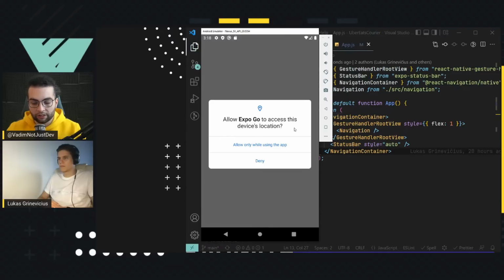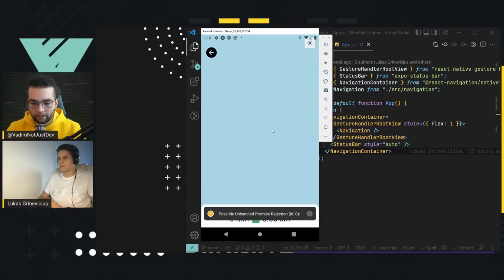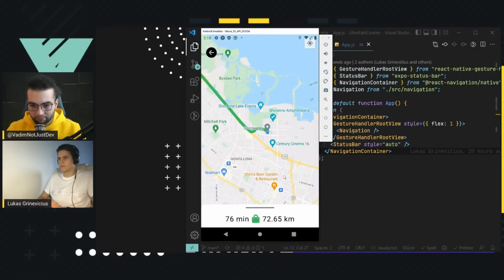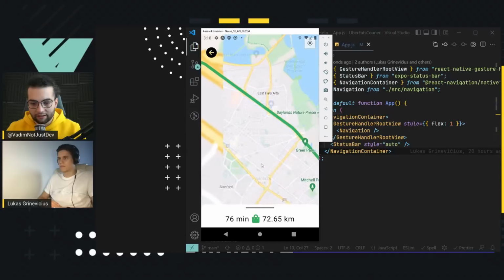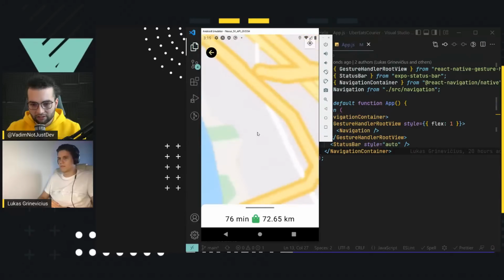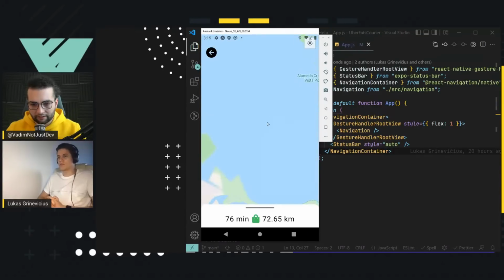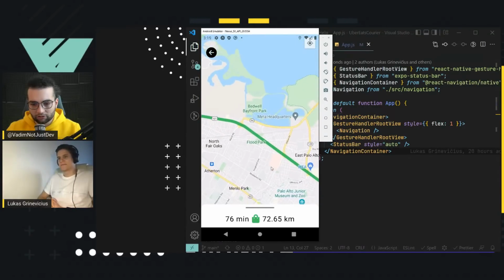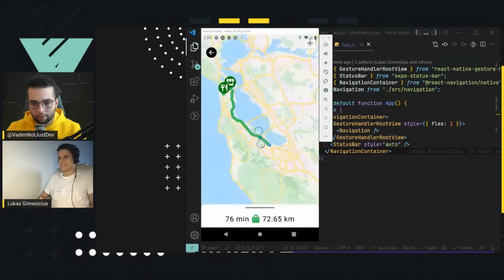Then we are asked to give permission to the device location, which we should allow here. And we see right away the direction from our side to the restaurant, and also to the user. I'm going to try to